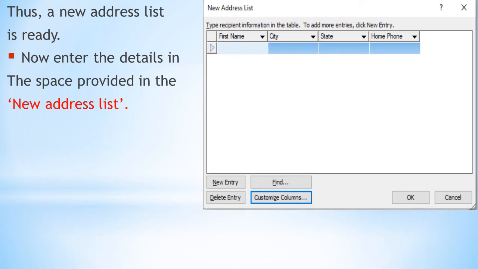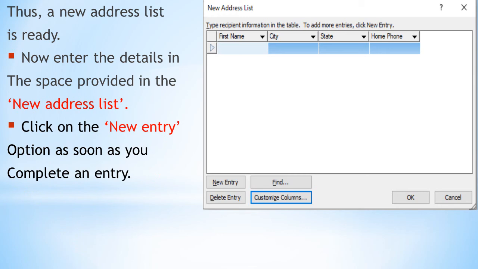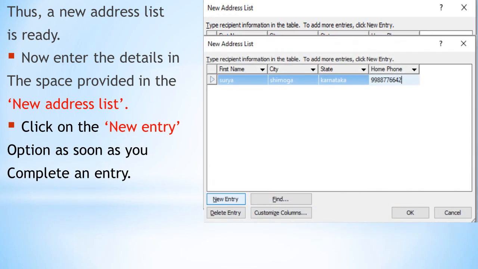When one entry is finished, you need to enter the next address, right? One person's address is over, so you need to enter the second person's address. What you have to do is click on the new entry option as soon as you complete one entry. See, in this window down you can see the new entry option is there, right?